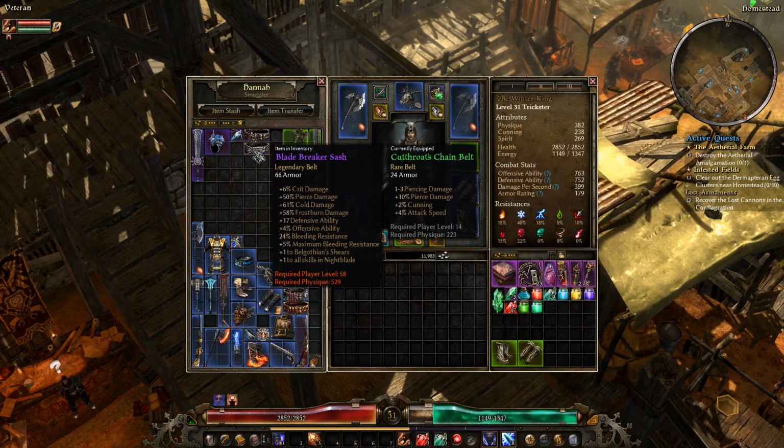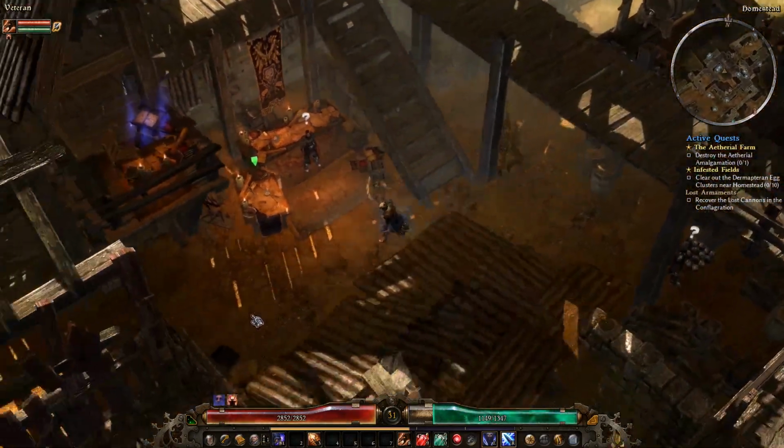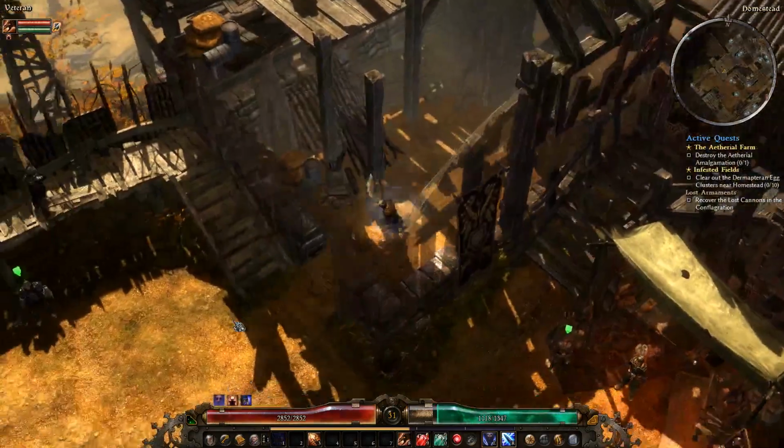I have a Tinker's Ingenuity floating around and a Bladebreaker Sash. I don't know which belt I'm going to use, and I may have to go and get some...